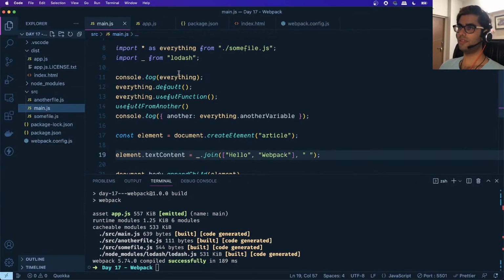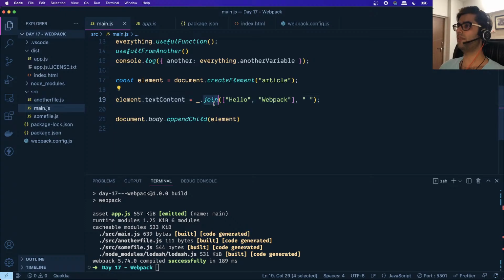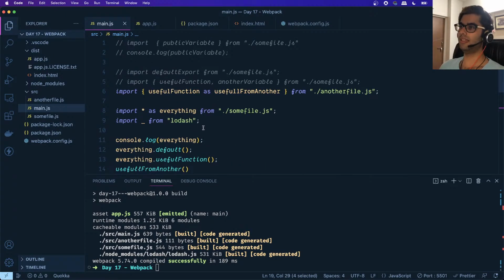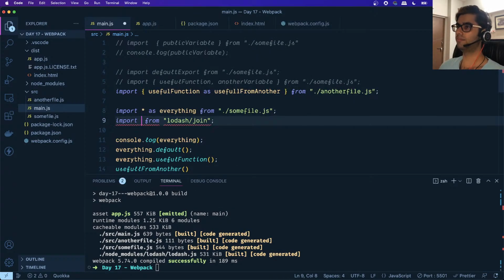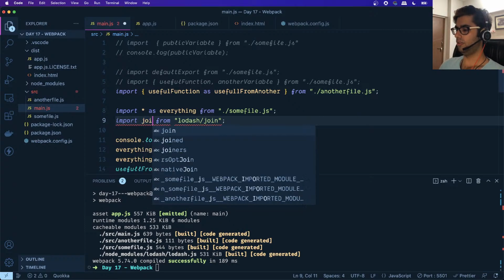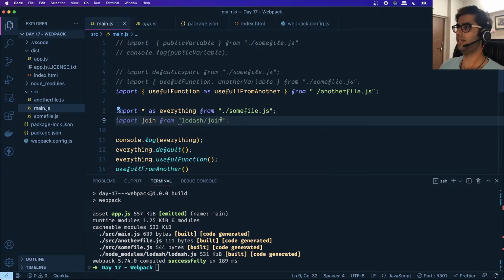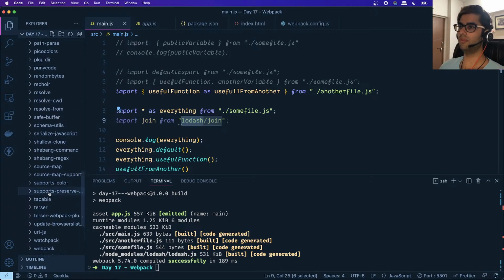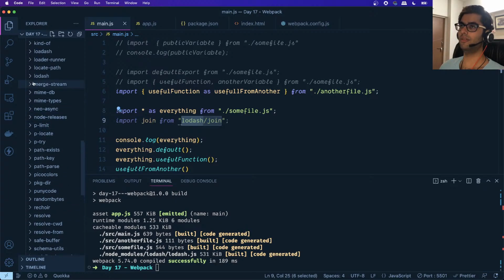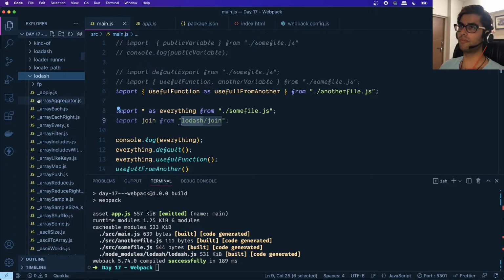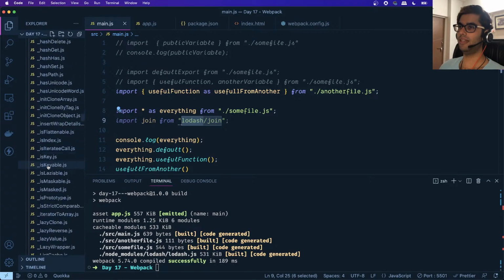So the only functionality that I was interested in was the join function, right? So another fun thing that you can do is, instead of importing the entire library, you can just import the part which you need to use. Let's import join from lodash/join. Internally, if you take a look at Lodash within the node modules over here, even it is using module level imports and exports. And here you will find a file called